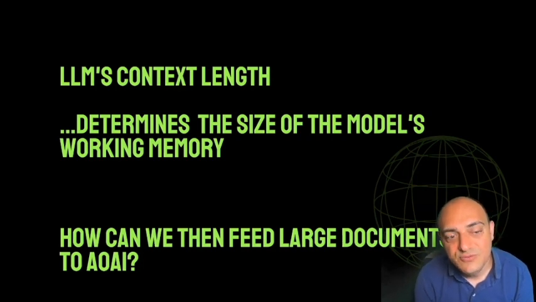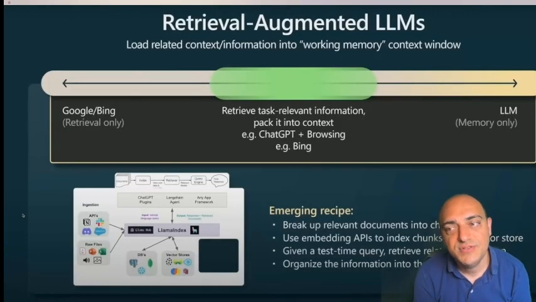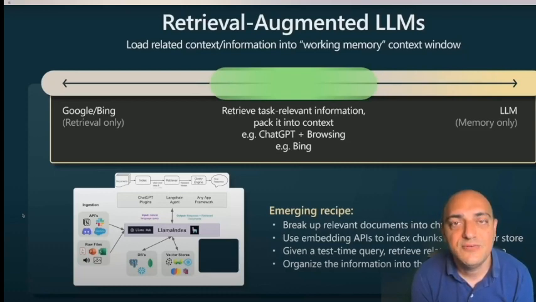To do that, we use a method called retrieval augmentation. And here is what we actually do with retrieval augmented LLMs. We concluded that context length is the limitation of an LLM and determines the amount of data that can be submitted to the language model. To address that, we split our document into smaller chunks that can fit into the context length of an LLM. We then create the embeddings of these document chunks.